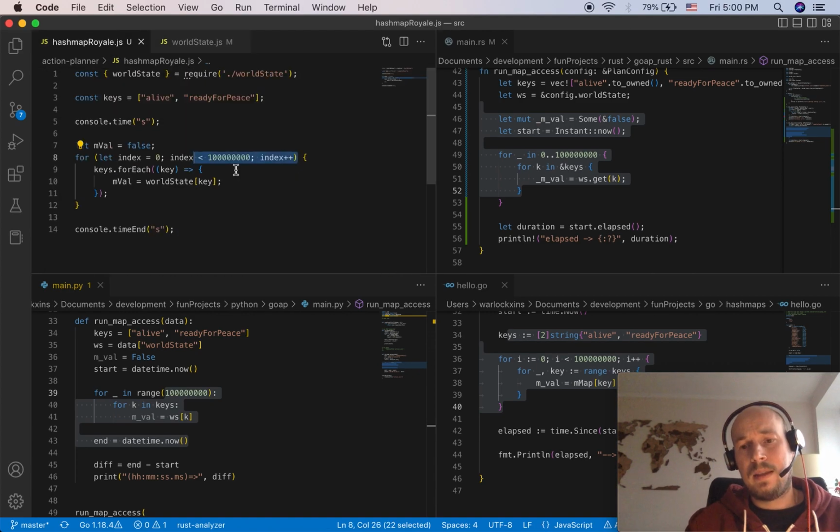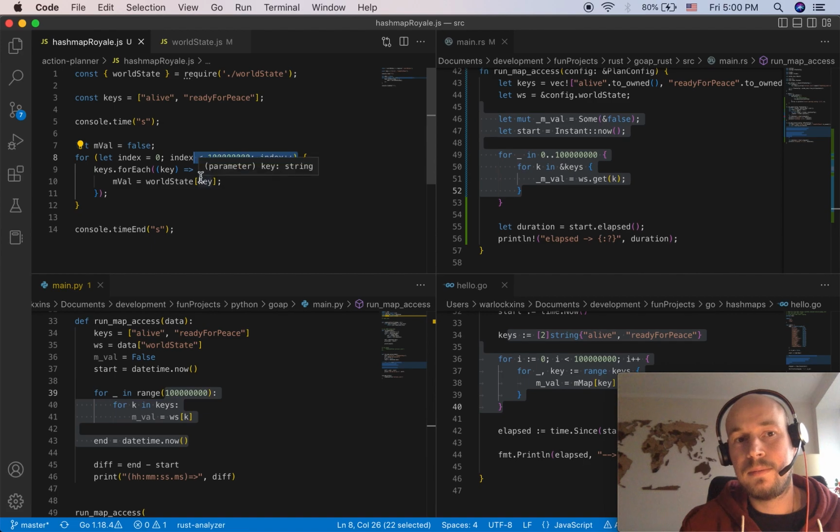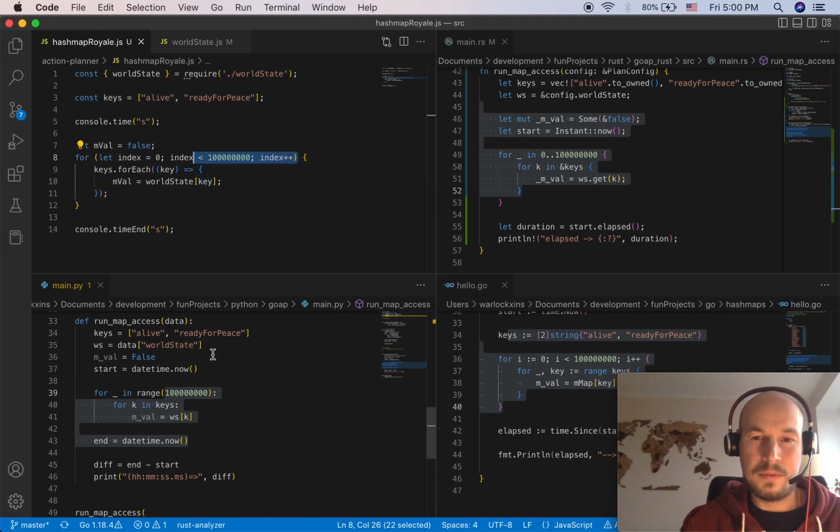So yeah, there's my rant. Stupid waste of time, but for data crunching, maybe JavaScript is a bit more useful when you rely on keys more than actual indices.